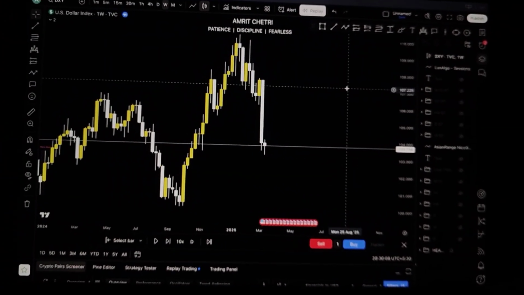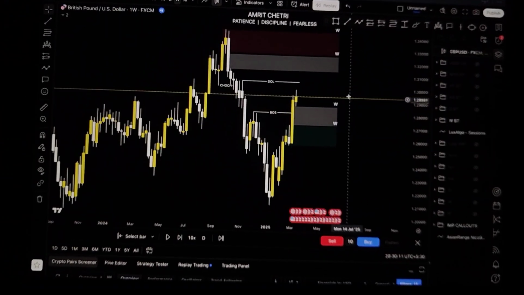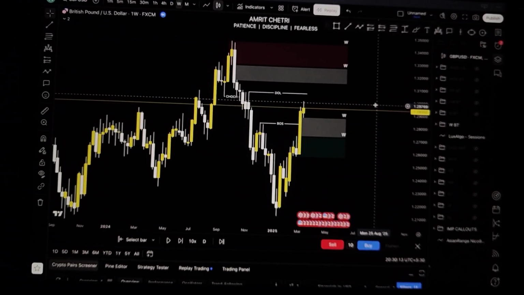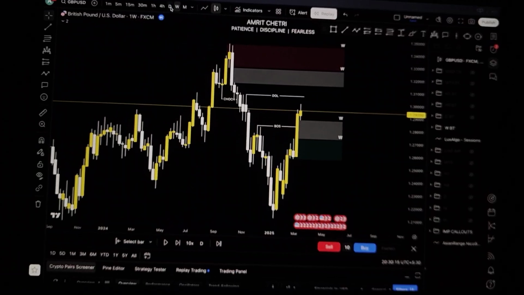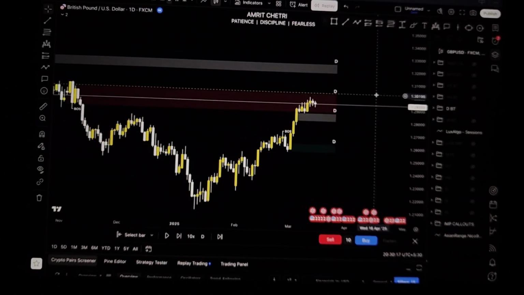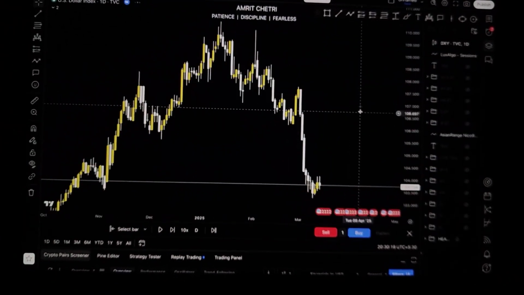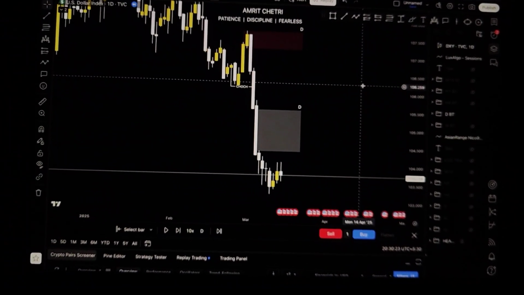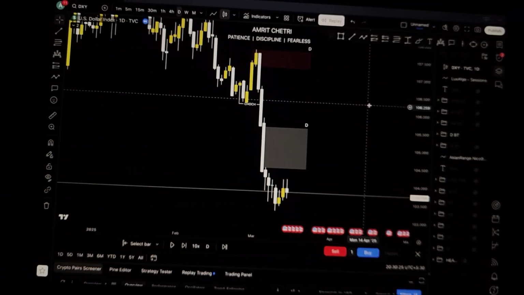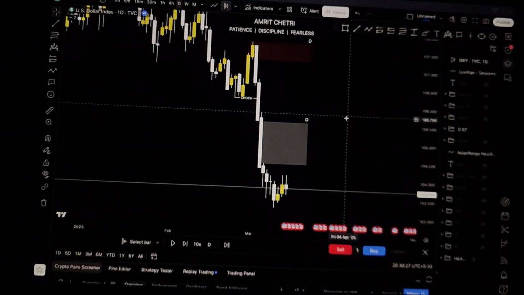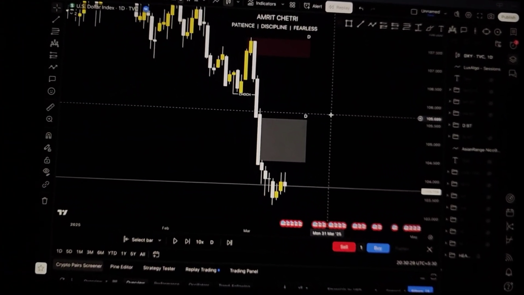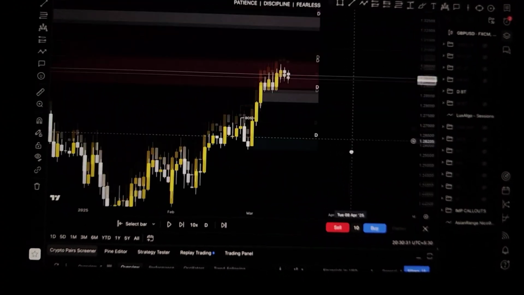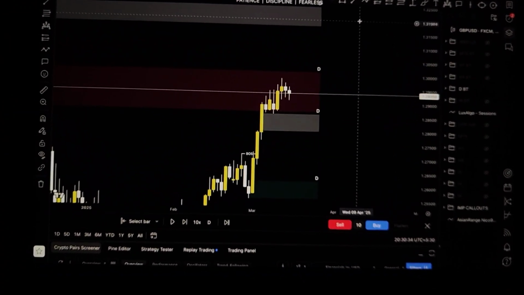So now let's start the weekly breakdown. The weekly bias is not clear. Whenever the weekly bias is not clear, I tend to trade with the daily bias. You guys know by now, right? You guys know how I trade, more than me, I believe. I'm literally explaining every single thing. If you take notes, then you will learn my strategy. You will learn how I trade and how I make money from these markets.